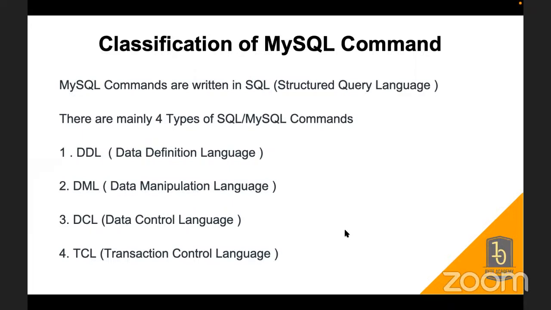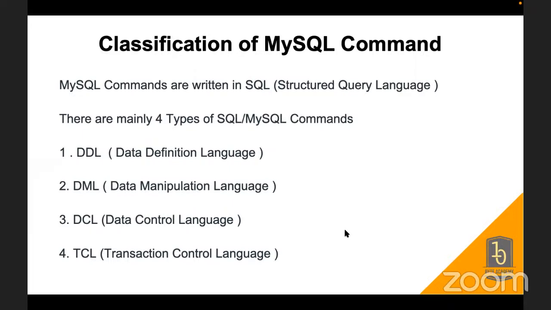So data control language is used to control the access, and also you can give permission and take out the permission and such kind of things you can do using DCL. Then transaction control: you save, you commit, you roll back. Okay, you save, you undo, those things you will do in